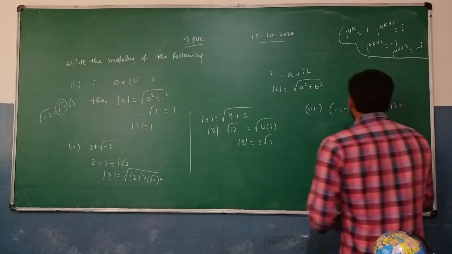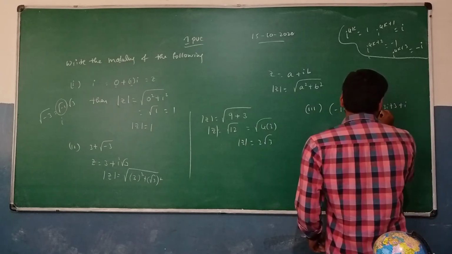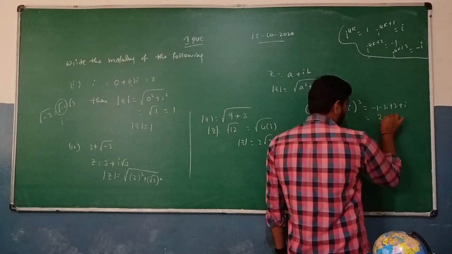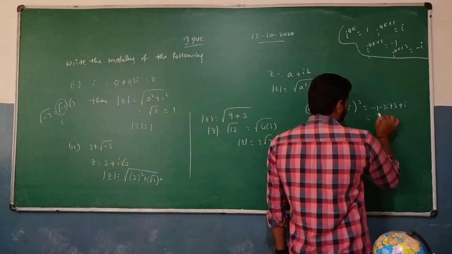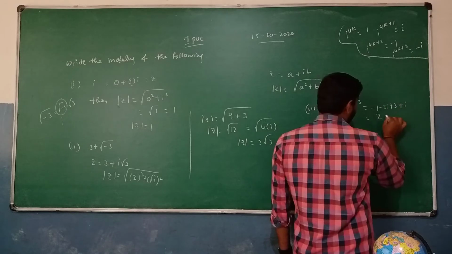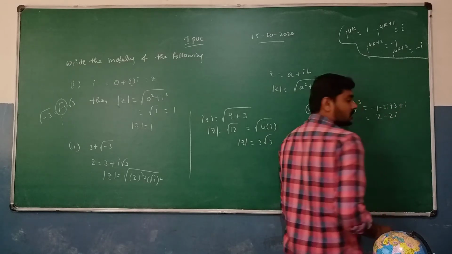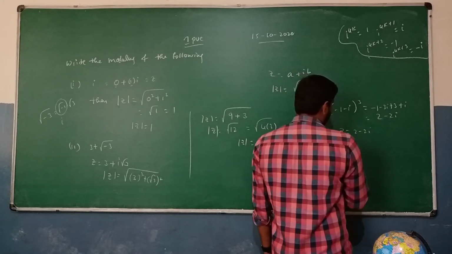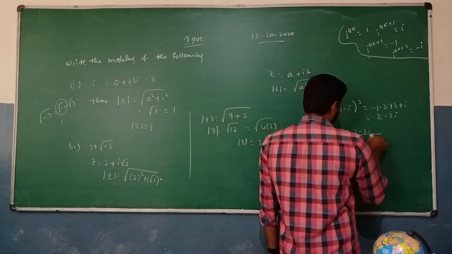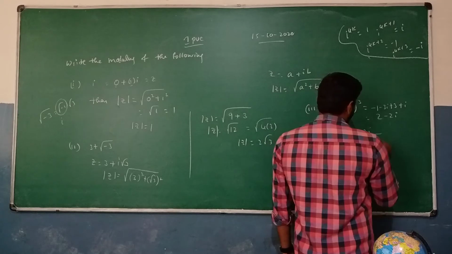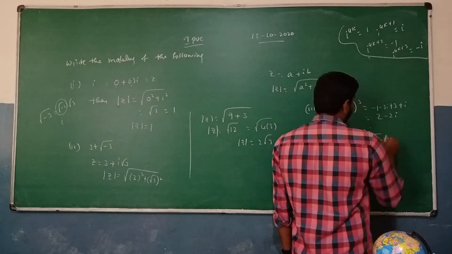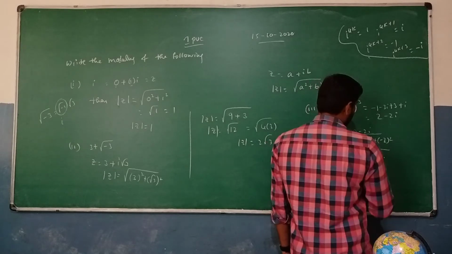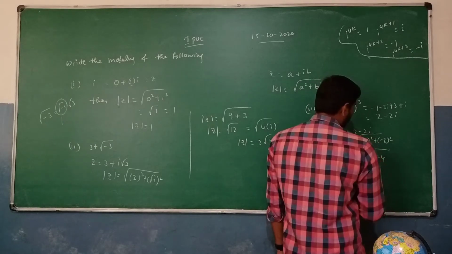So what comes? It's going to be equal to minus 1 plus 3, minus 1 plus 3, that's going to be equal to 2. Then minus 3i plus i, it's going to be minus 2i. So then z is equal to 2 minus 2i. Then modulus of z is equal to root of 2 square plus minus 2 square, that's 4 plus 4, that's going to be equal to 8, or it can be written as